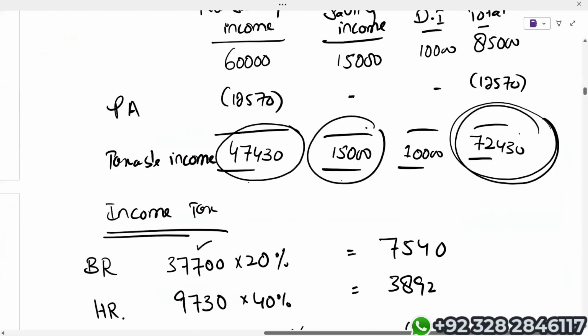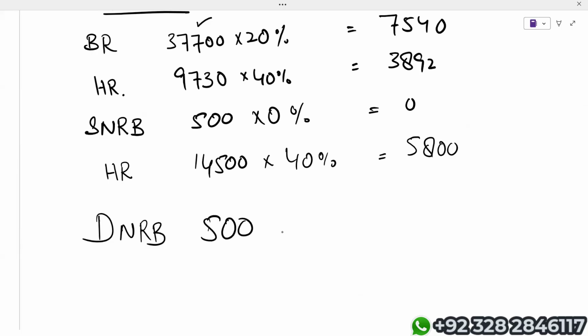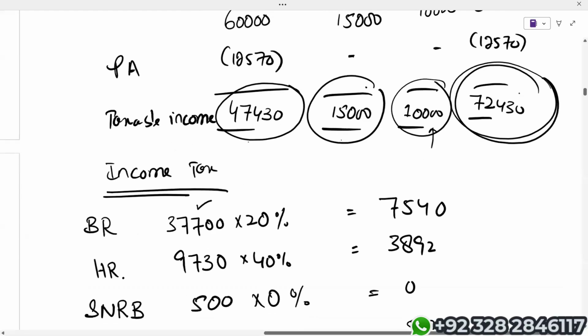Now, students, dividend income. As we have already revised that every individual, irrespective of their tax paying status, gets nil rate band of £500. Every status, every individual. It means dividend nil rate band £500 into 0% is obviously 0. Out of 10,500 we have considered in nil rate band, remaining 9,500 actually falls in higher rate band. Applicable rate is 33.75%.